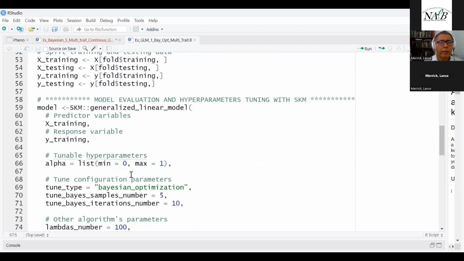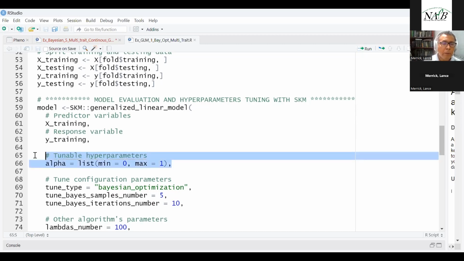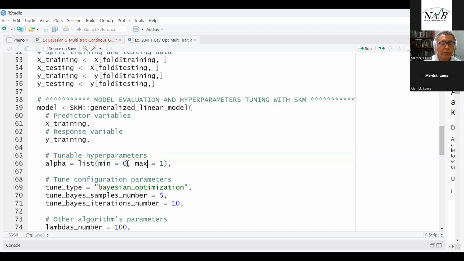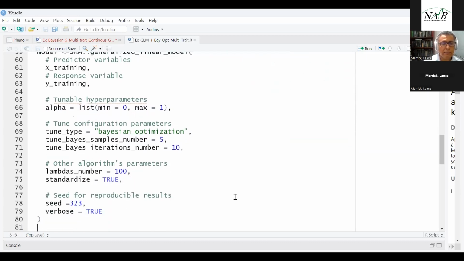As I mentioned before, if alpha is equal to 0, I will implement the ridge regression. If alpha is equal to 1, I implement the lasso regression. And when alpha is between 0 and 1, it's called the elastic net regression. But for Bayesian optimization, I need to provide a range through the space of this parameter. And here I will use Bayesian optimization. I will use 5 samples as a starting point for the evaluation, and I will use 10 iterations, but you can put more iterations if you want. And by default, it uses 100 values of lambda. And then